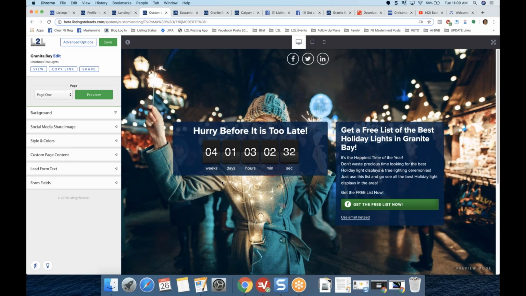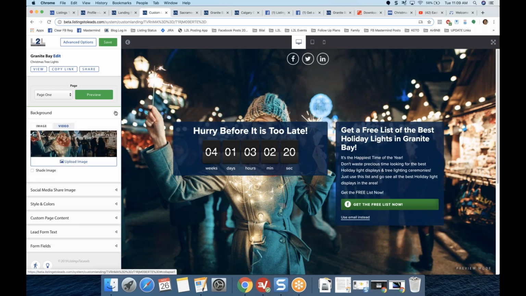Because the default custom landing page will have an image of some homes, and it will be related to, I think, down payment assistance maybe. And so we're gonna wanna change all that out. And to do so, let's just work your way down the left-hand side. So first of all, I got a great image to use, and I got that from Shutterstock. And so let me just show you